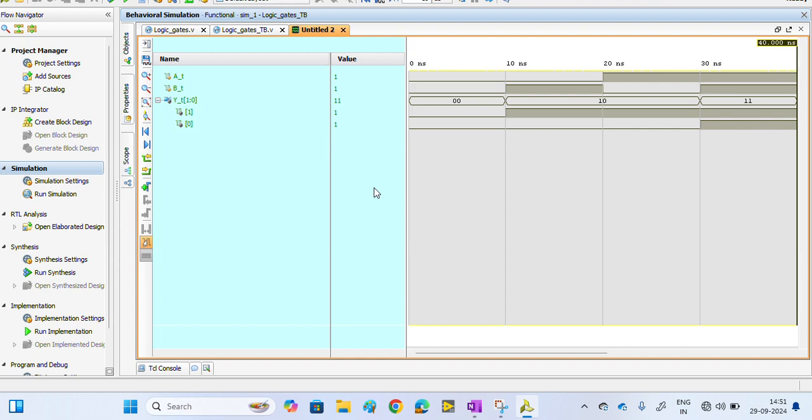Okay, so this is only for knowing how to create a project, how to write a simple program in Verilog in Xilinx Vivado, then how to execute it, how to simulate it with the help of a test bench, then how to verify the test bench code and test